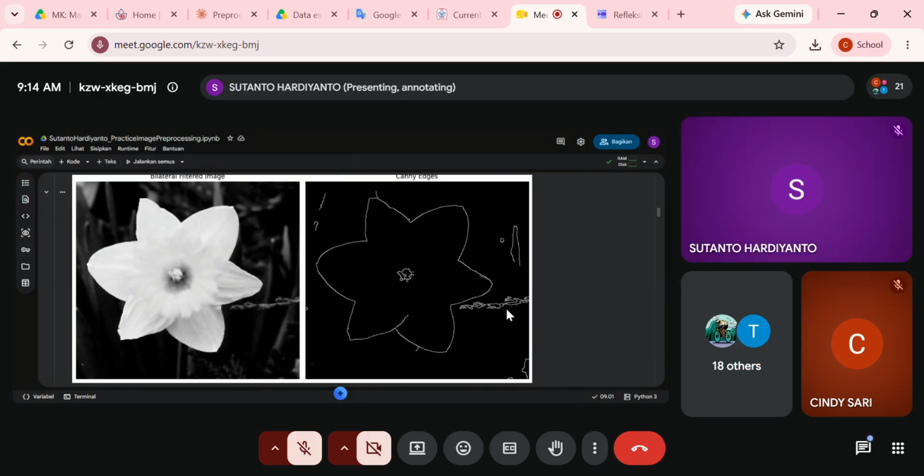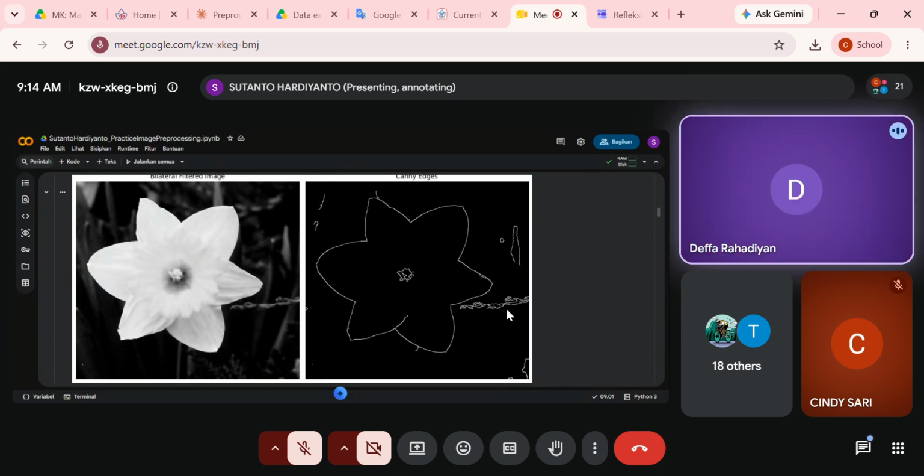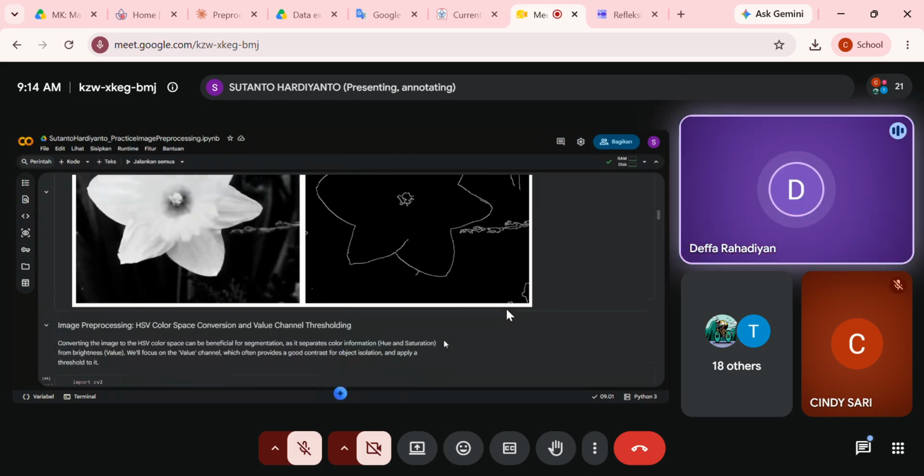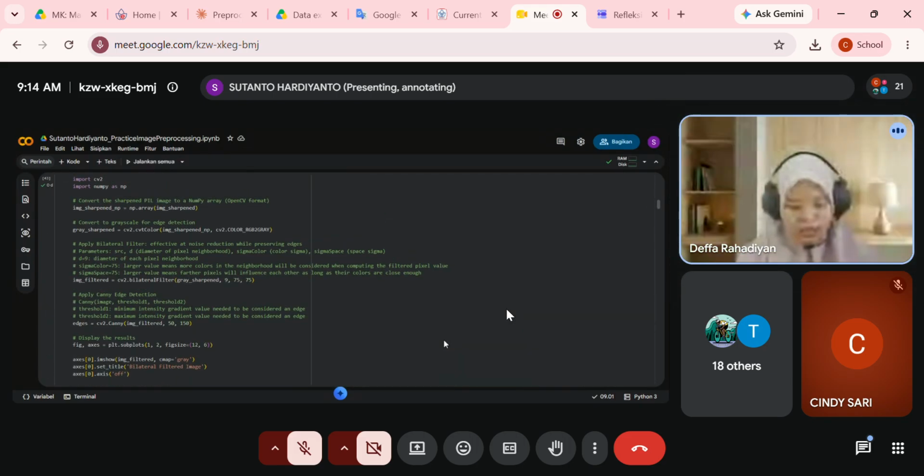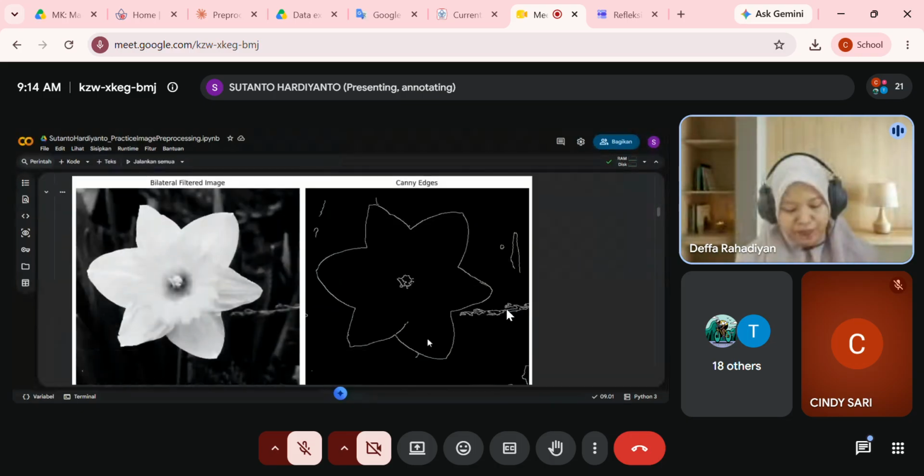What type of filter is it? Bilateral filter. So if I'm not wrong, for the filter, this is the process when we select a specific frequency from the pixel only. For example, in RGB, we have 0 until 255.